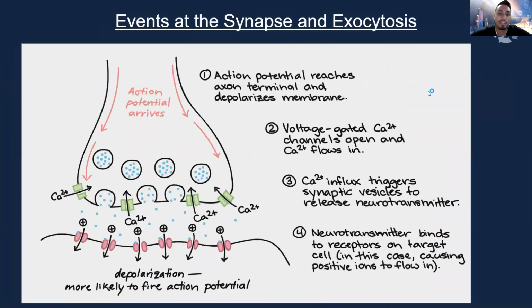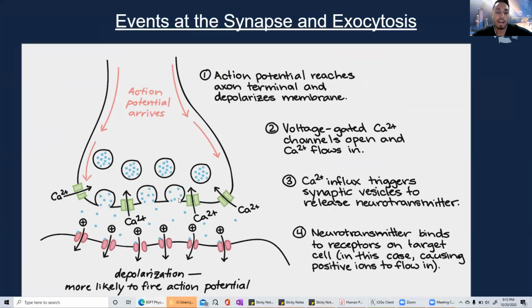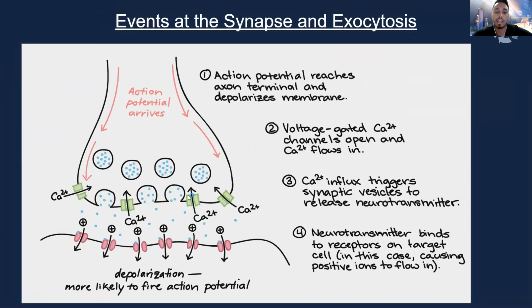Cool. All right, so here we need to know the events and how this forms exocytosis. This is a big one to know. This is the whole basis of how the neurons communicate, how they send the whole chemical signaling, and how they activate one another. I know that Monica is going to discuss some of this in muscles a little later, but just to give you a general overview,